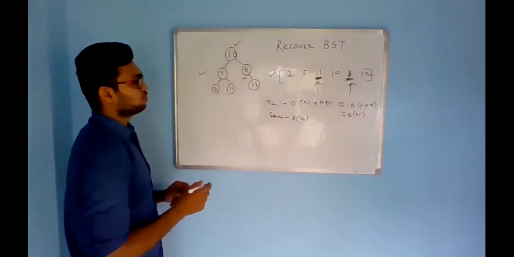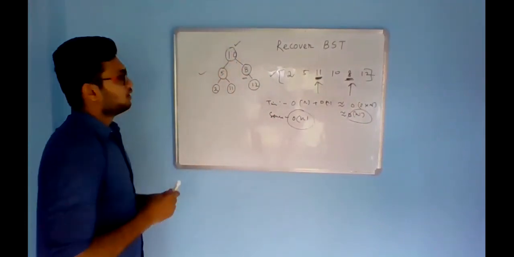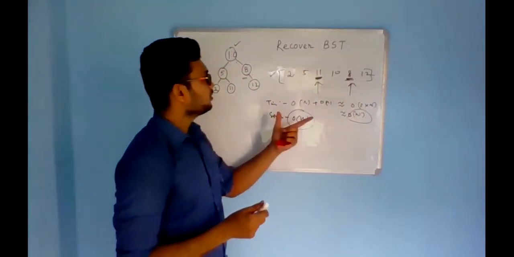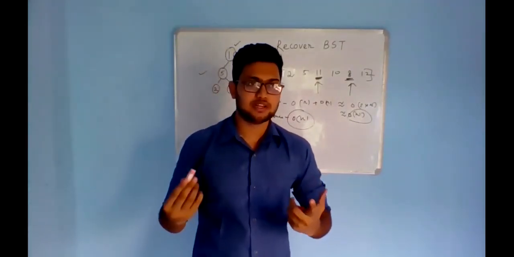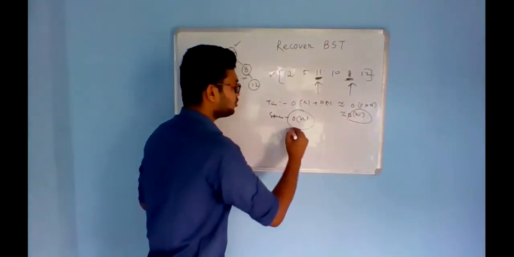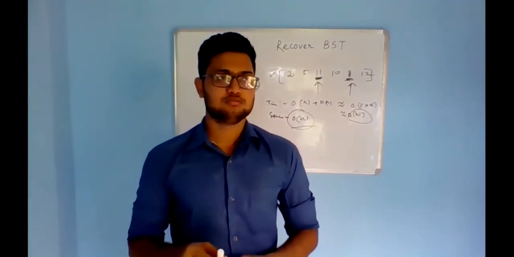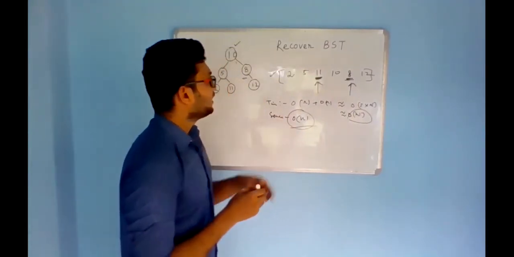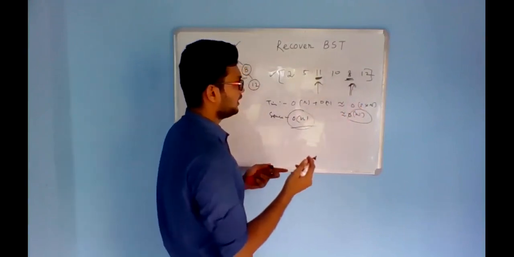Okay. So the time and space complexity are order of n each, and this is one of the optimal ways though. But we still have a very optimal solution where we can solve it without any space. That means in constant space. So let's just think that we are just finding these two nodes to swap, right?